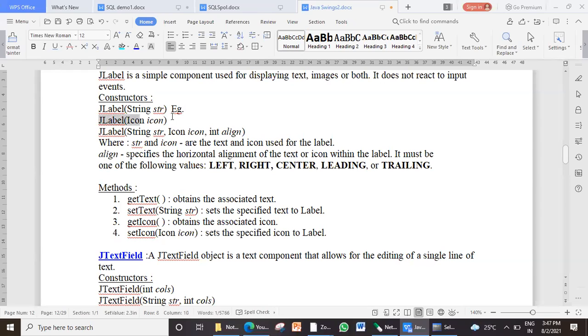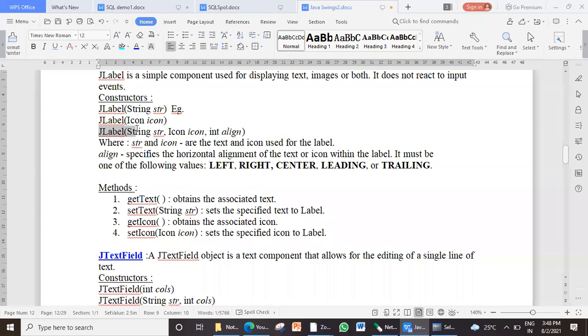Okay, another constructor we have, label can be created by adding some image on it. And that image should be of the form icon. So you may say icon and image both look similar. But when we have to pass it through programs, through code, that time you remember that this particular image or icon, all of them have their own properties. So first of all, when we create image, it has to be converted into icon form, and then we can create a label from that. Or we can make a label, display that icon on the label.